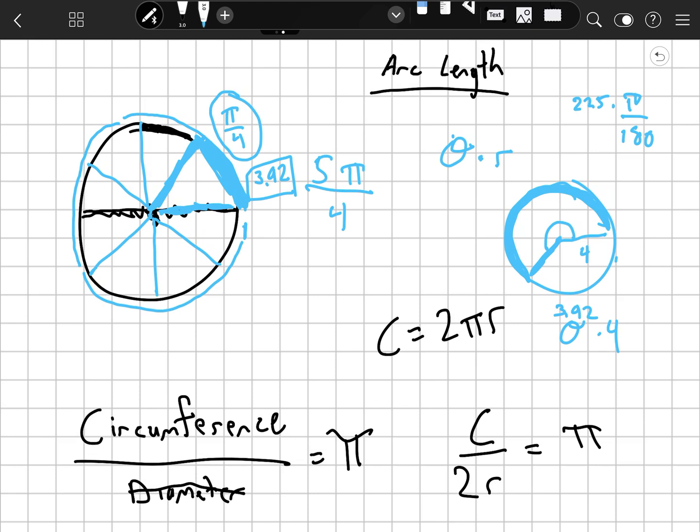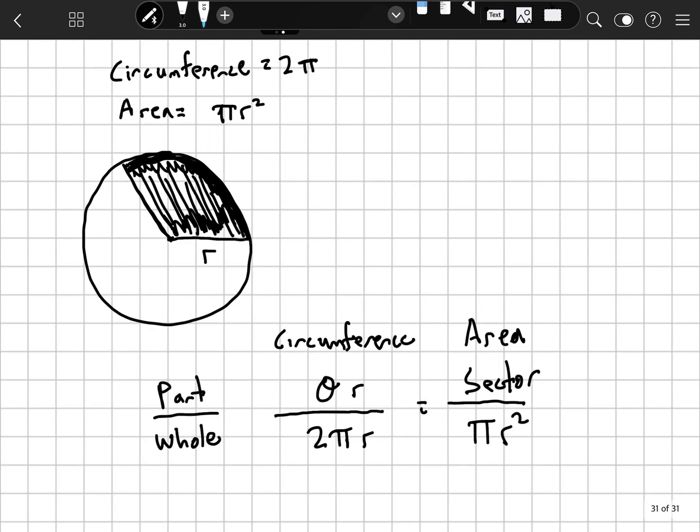And I guess a question might come up: when would you need to find arc length? Whenever you have circular boundaries. It's like if you had a circular fence you had to put up, or part of a circular fence, then you could determine the arc length. Okay, let's take a look at